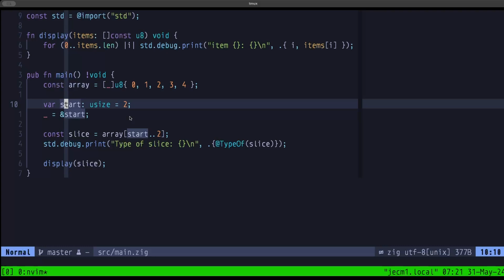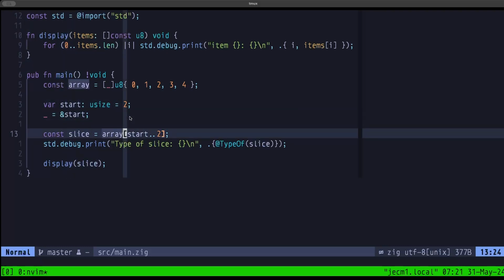And it could change to a runtime only value. For example, some input from the user or something like that. Or something that you read from a file or receive from the network. So variables are inherently runtime only. And that's why we're forcing here this slice to be an actual slice instead of a pointer to an array, because we have one of the bounds is actually